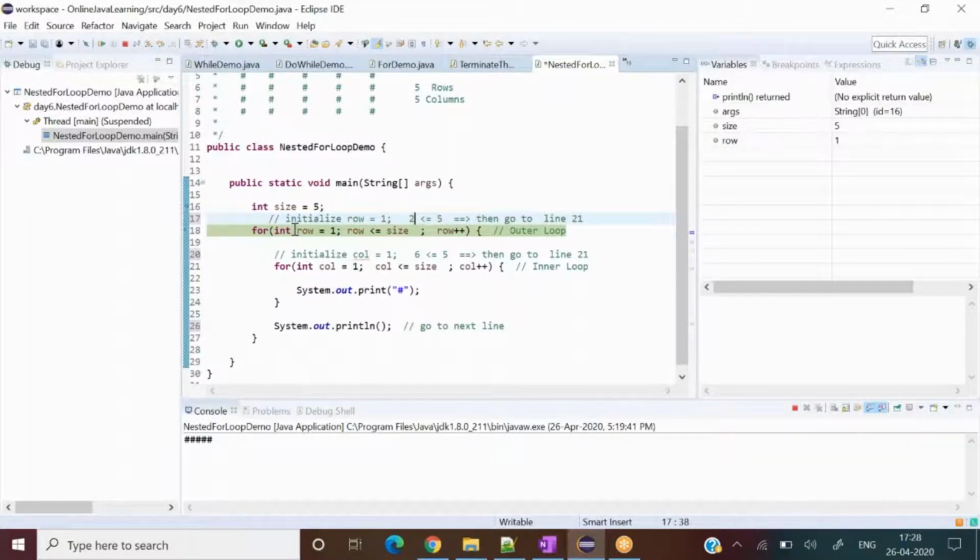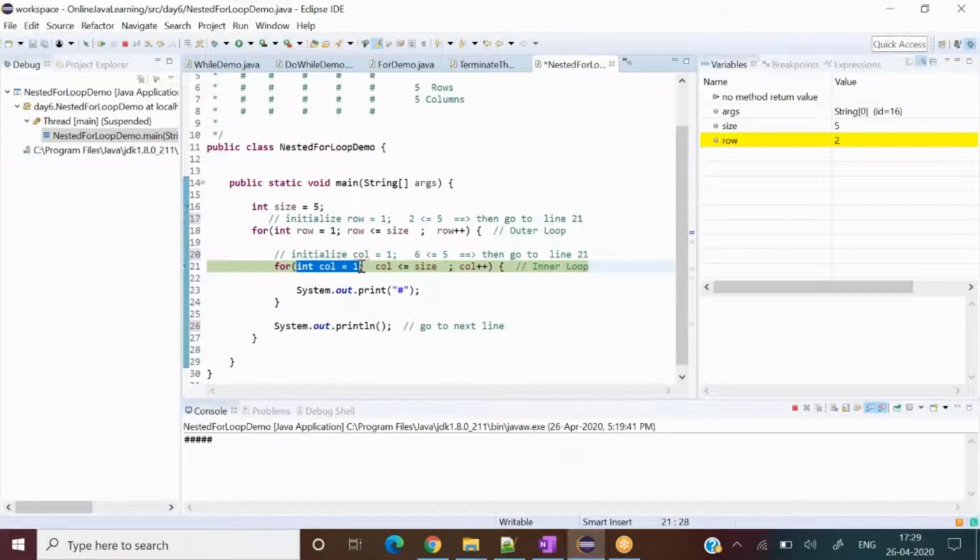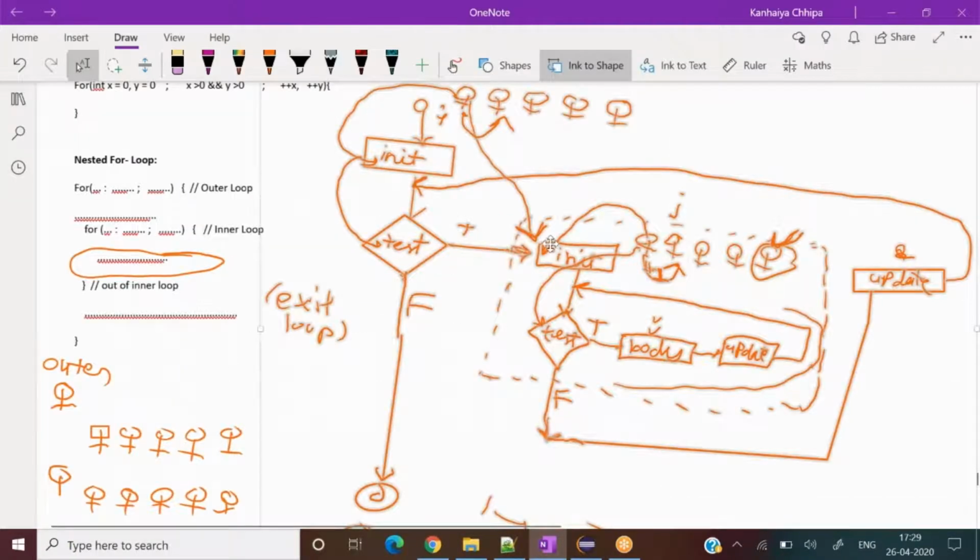So now row is not being initialized one more time. It will go into its body part, the outer for loop body part. So it is going over here. Up to now, I have the clarity here, right? Now one thing keep in mind, this for loop has become fresh again. It has come from the outer loop to the inner loop, so this column variable will again be reinitialized. Can you understand this, right? Yes.